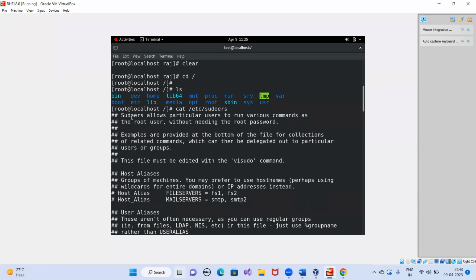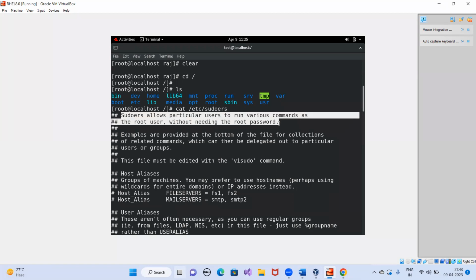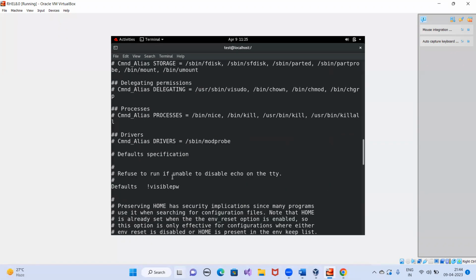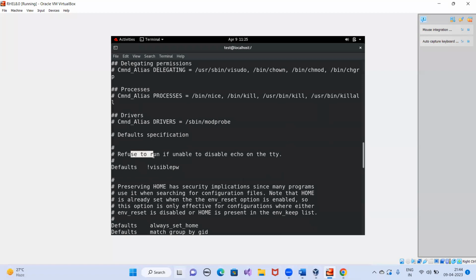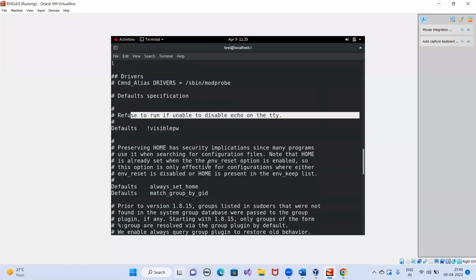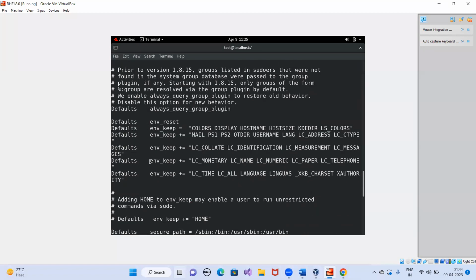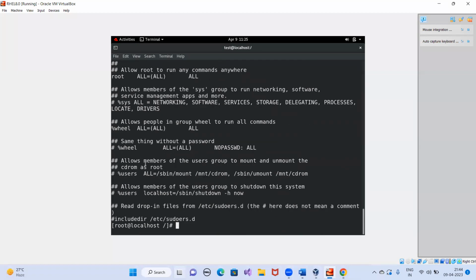It means you can do admin-level tasks as a normal user without needing the admin password. You don't need to type the admin password. You can directly make changes at the admin level if you are a sudo member. So you will have to give permission for any modification in this particular file. How will you give it? We have to discuss that.